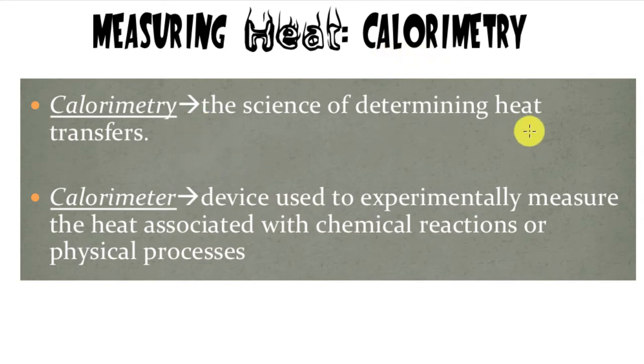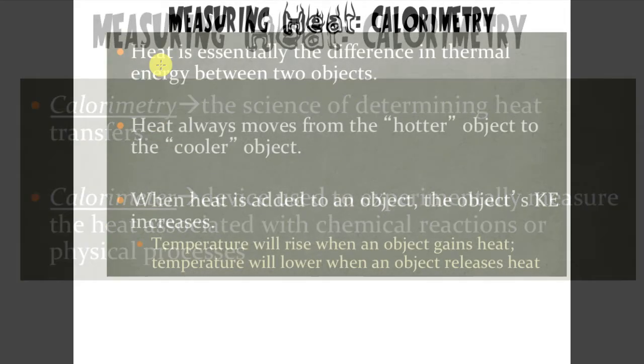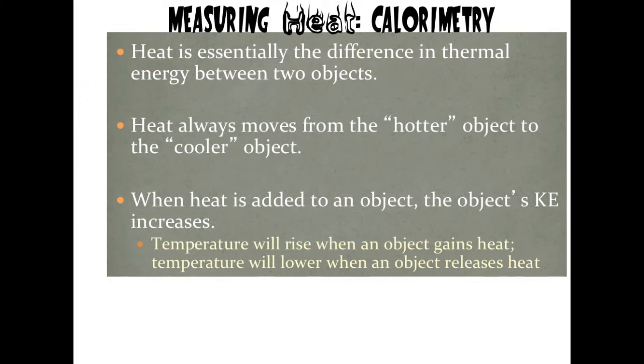It's essentially the science of measuring heats that are transferring between systems and surroundings. The calorimeter is the device that we're going to use to make those measurements. So essentially what we're looking at is heat being transferred between the system and the surroundings. The idea here is that heat is going to be transferred between two objects that are at different temperatures. So if I have two objects near each other,